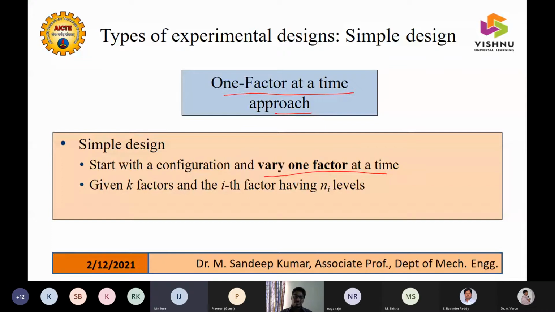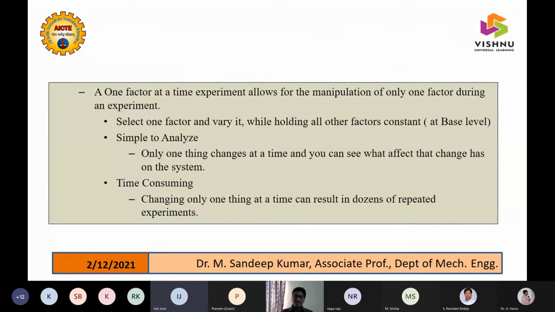Initially, I was speaking regarding factors and levels, isn't it? Which factors to select, and at which level should I do the experimentation? So initially I was speaking regarding this.